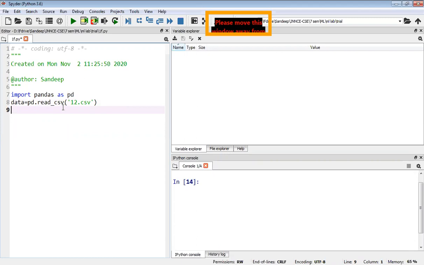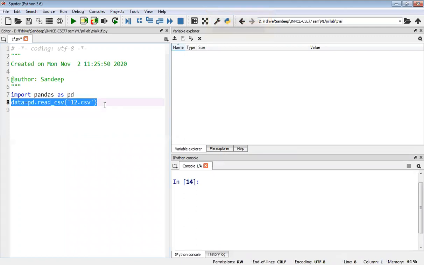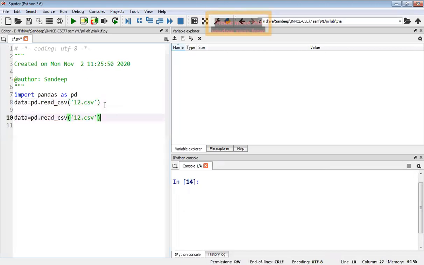pd.read_csv and the file name. See, I have not given the path here. I have just given the file name directly. Can you do it like this? Can you give the file name directly instead of the path? That is one way. Another way is you have to give the entire path of the file name.